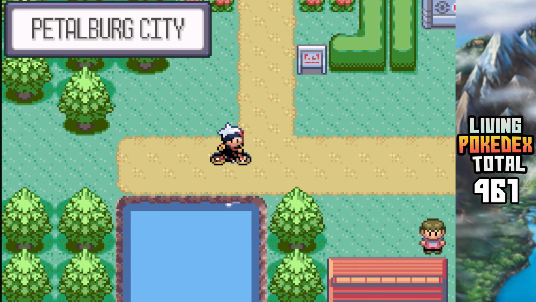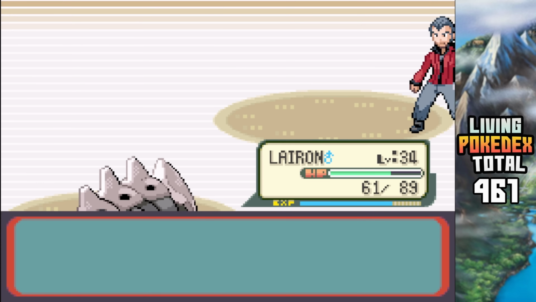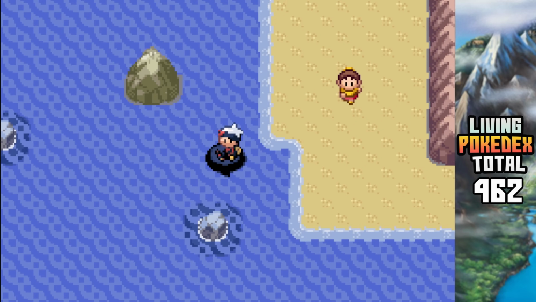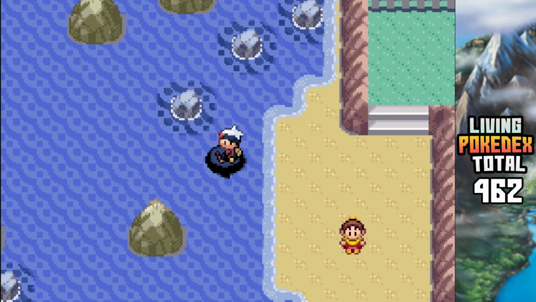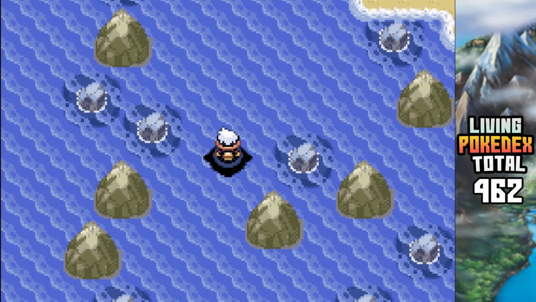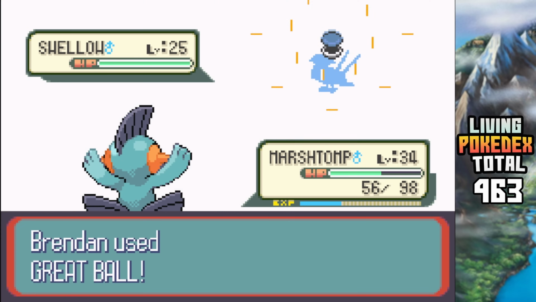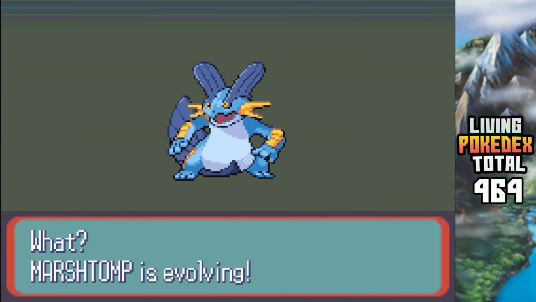Trapinch. Next, Brendan made his way back to Petalburg City where he defeated Norman, causing his Gulpin to evolve into a Swellow. With this victory, Brendan could use Surf outside of battle, opening up previously inaccessible areas. On a small island on Route 115, he caught a Swellow and battled several trainers, allowing his Marshtomp to evolve